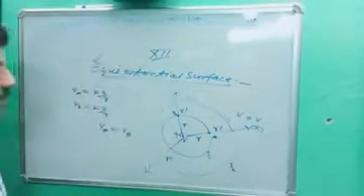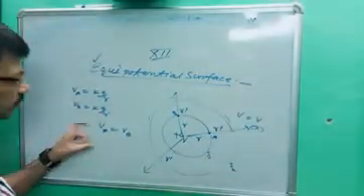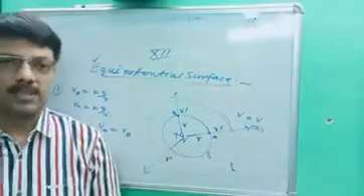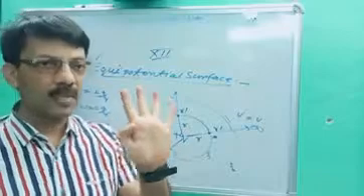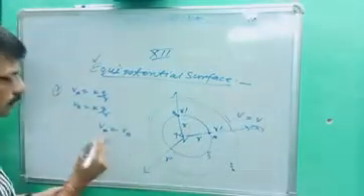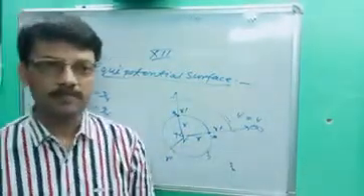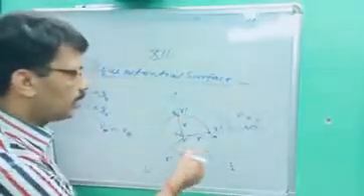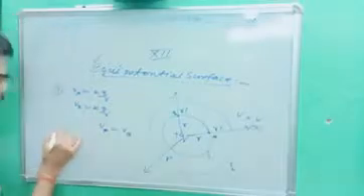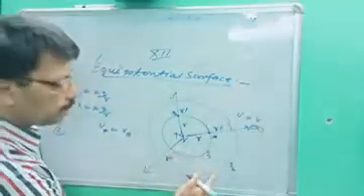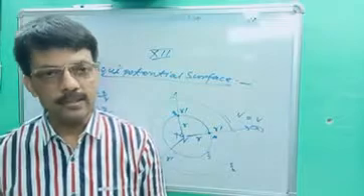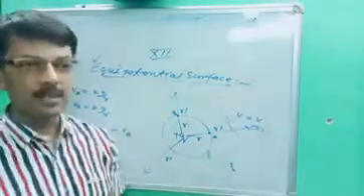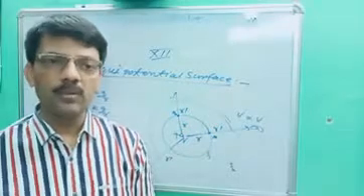Okay, now some characteristics are there for equipotential surface. Write down the first characteristic of equipotential surface. There are 4 characteristics. At each point potential is equal. In an equipotential surface, at each point potential will be equal. Second point, two equipotential surfaces do not intersect each other. Very important point.